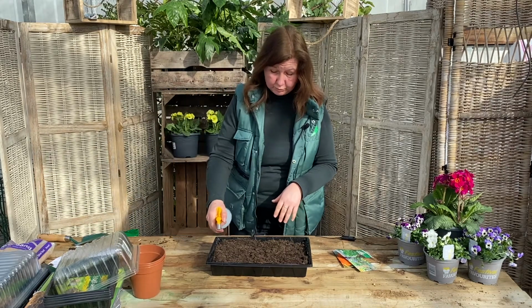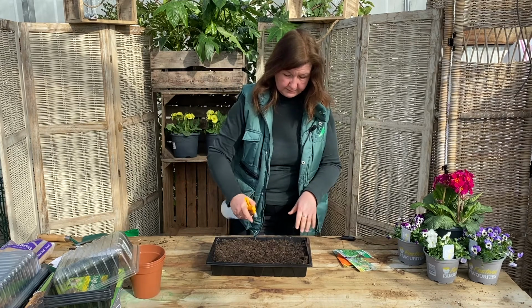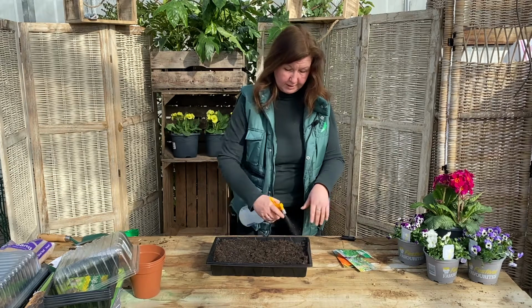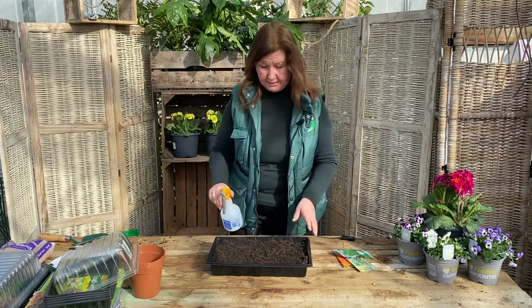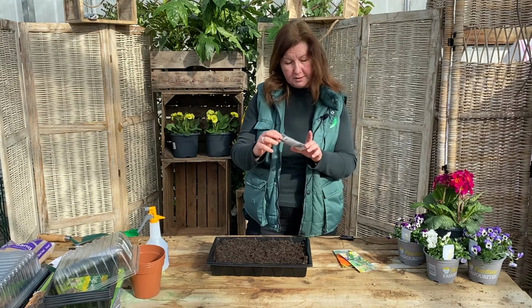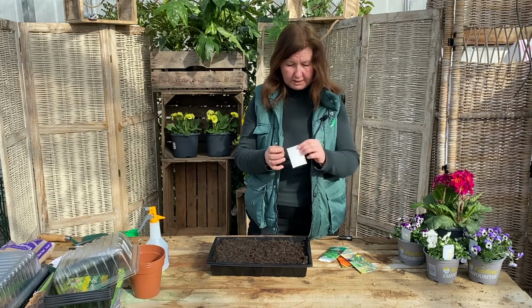You can do this with a watering can or a spray bottle. It's probably a little bit finer with a spray bottle rather than drowning it. And there we are. I'm going to sow this lemon basil, and these are really quite small seeds,